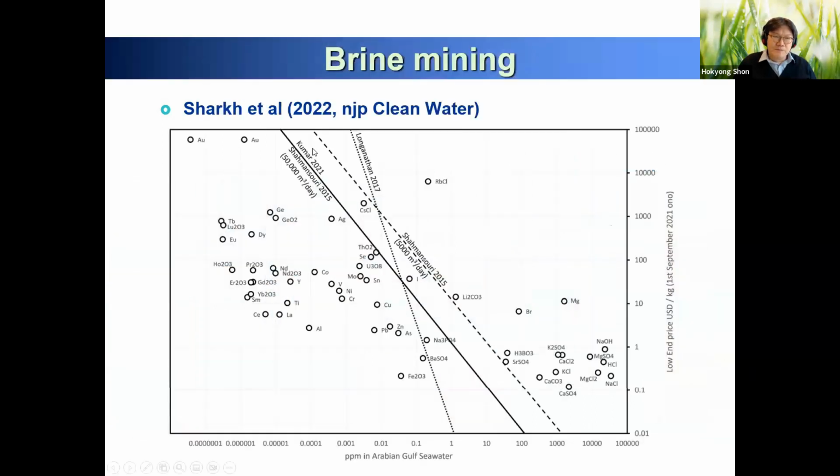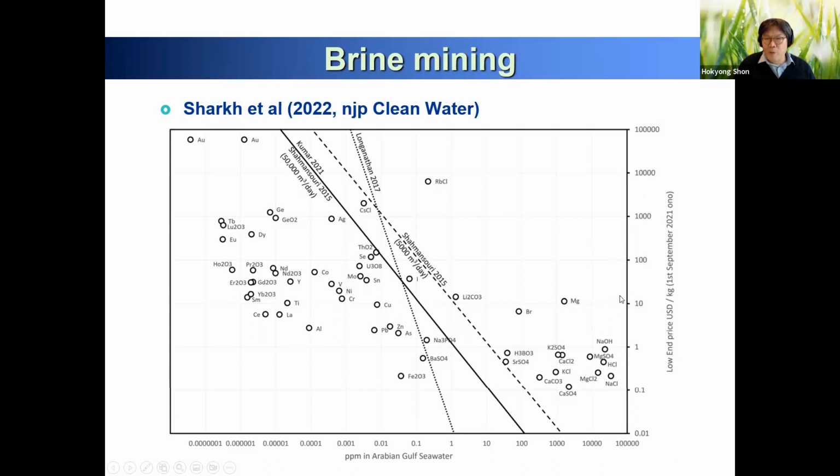For example, this is the seawater concentration, and this is the price, how much it costs. For example, rubidium chloride costs around $10,000. So you can utilize this kind of compound from seawater brine, and 1 kilogram you can resell for $10,000 of value. Also, lithium